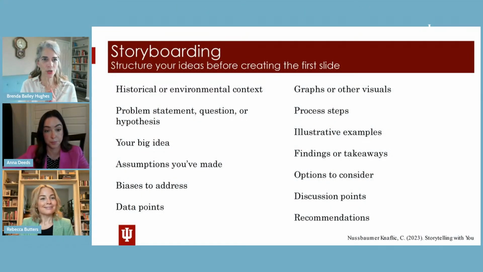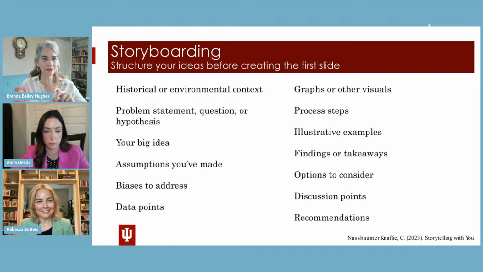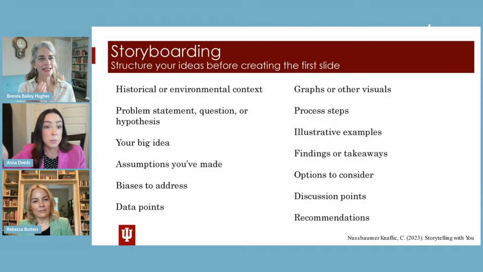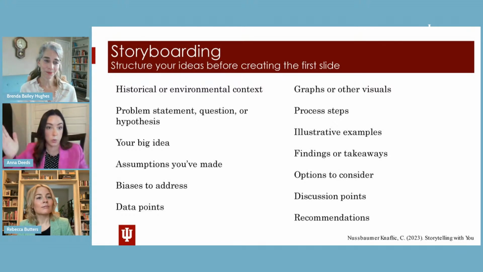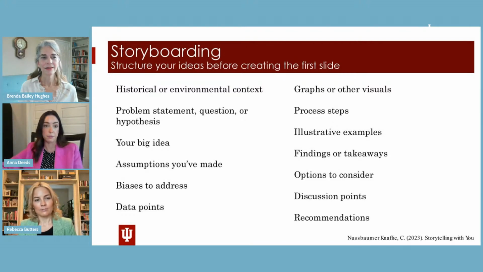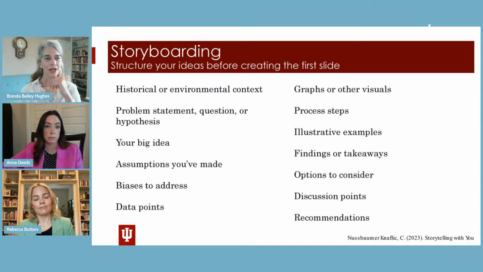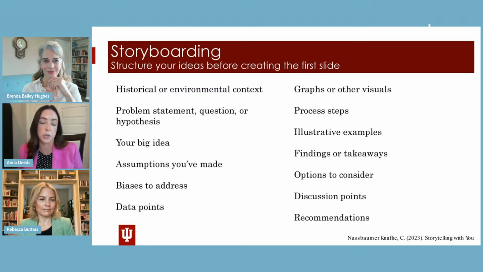Okay, so we're building our story. We know that these are some different categories of Post-it notes or Google Slides that we might create. We might throw them in the discard pile. We might spend 30 seconds on one and 20 minutes on another, depending on the audience analysis. Get feedback from storyboarding. Once you place it in that linear fashion that you think, okay, this is how I'm going to tell the story, take a step back, get feedback from colleagues. Get feedback from maybe someone who's not seeing it the way that you're seeing it, just to understand, am I getting the entire picture here?